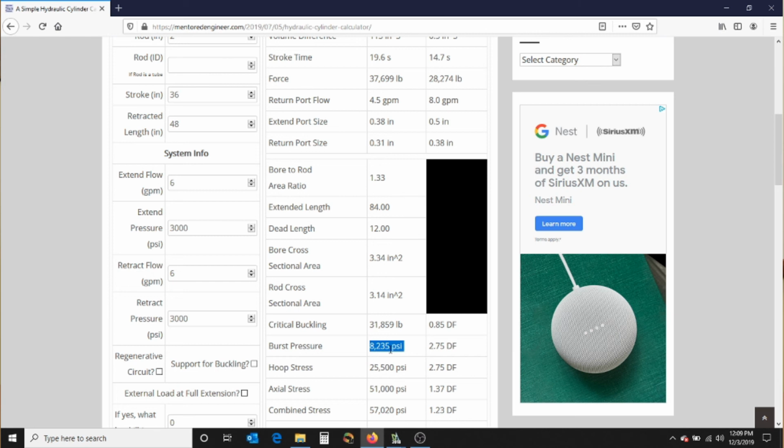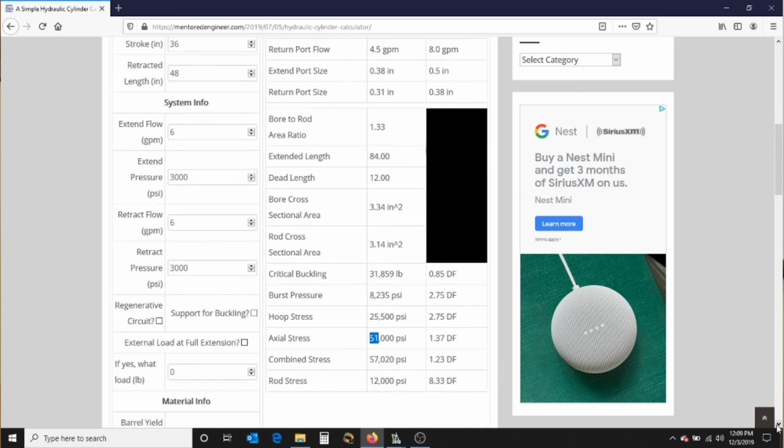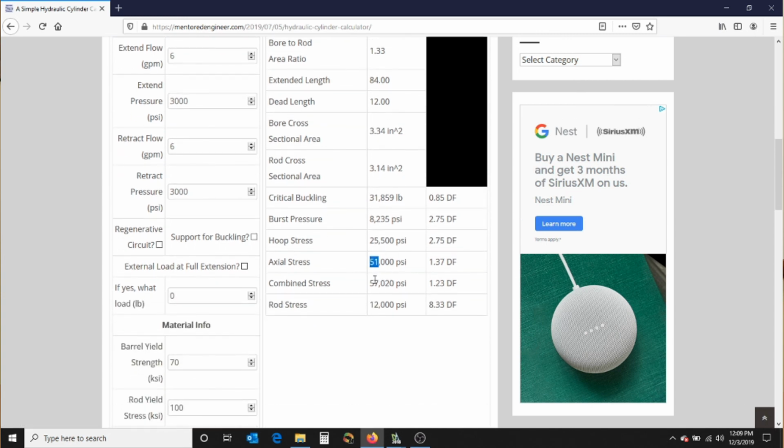All right, we can look at our burst pressure of our cylinder based on the 70 KSI tubing. That is 8,200 PSI. Our hoop stress is 2,500, and our axial stress is 51,000. So you add all these together, and you get the combined stress of 57,000 and a design factor of 1.23. So this cylinder, for its load at full pressure of 3,000 PSI, is not a good fit. 1.23 is not a good